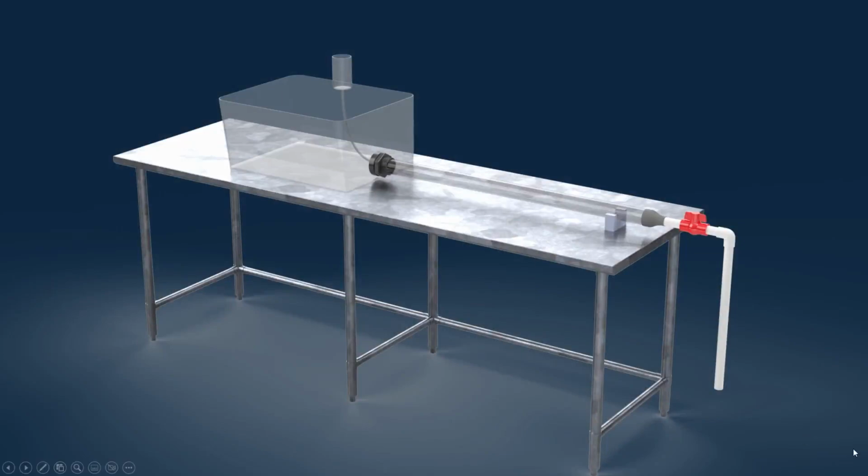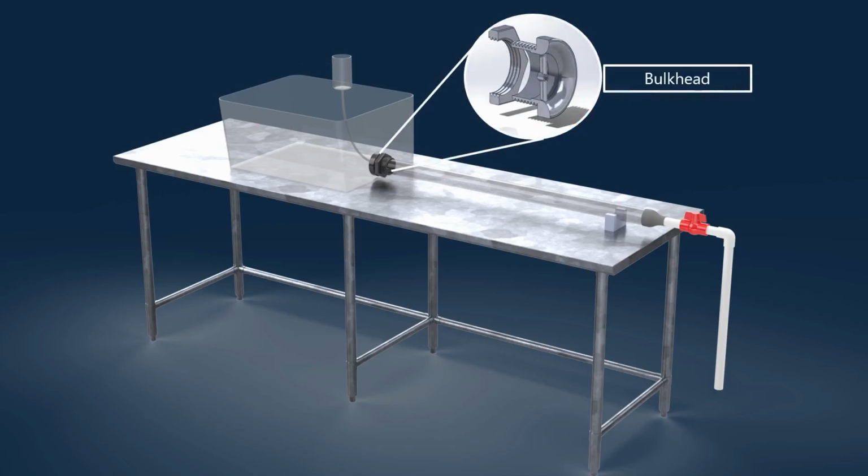For our Reynolds number experiment, we constructed a straightforward but effective test setup designed to observe and classify the different flow regimes inside a circular pipe. The main components of our apparatus included a water reservoir, which provided a continuous supply of fluid for our testing, a dye reservoir, which allowed us to inject dye into the flow to visualize the different flow patterns, a 3D printed bulkhead, which played a critical role as it served two functions. It secured the viewing tube in place and precisely centered the dye injection needle to ensure consistent and accurate dye